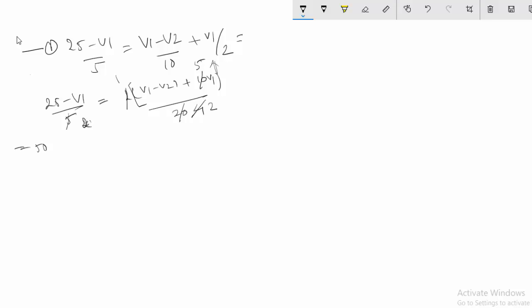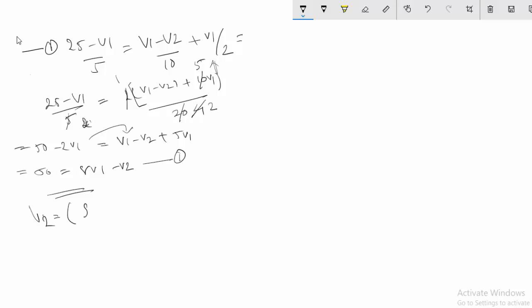Minus 2v1 is equal to v1 minus v2 plus 5v1. So this full will become 50 is equal to, if you are taking this v1 here, then this total will become 8v1 minus v2. So this is the first equation which we have simplified, and based on that you can get the value of v1 or v2, so anyway you can do it. So you can find the v2 as 8v1 minus 50. So this is how you have solved the first equation,